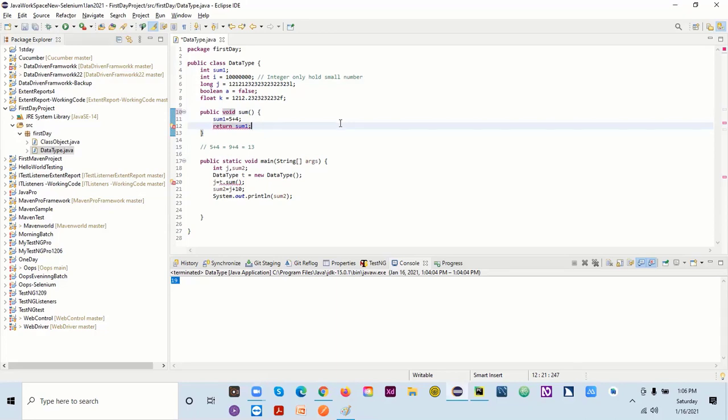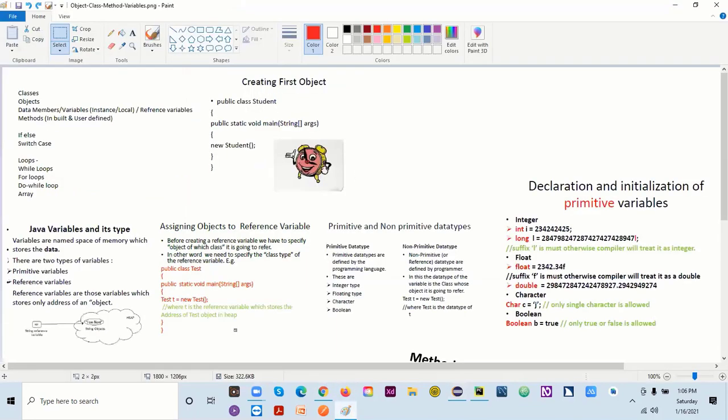Because see, we have covered so many things today. So I want you to become familiar with everything, so that before going to any automation and all that, we should know, if I'm talking about a primitive variable, then what is the primitive? If I'm talking about the reference variable, what is the reference variable? If class, what is class? What is object? How many objects can we create? So you should know all this actually.